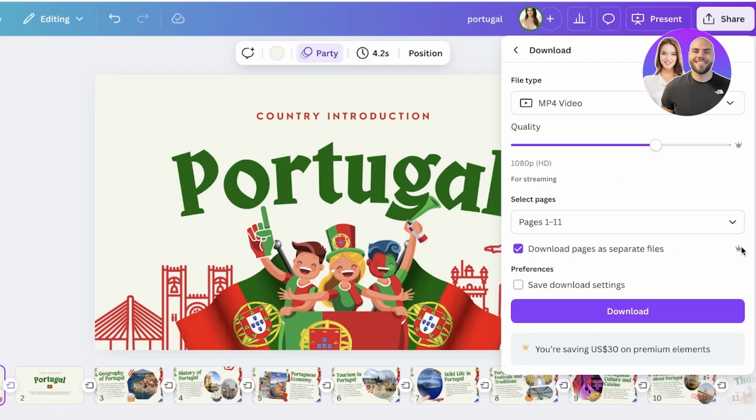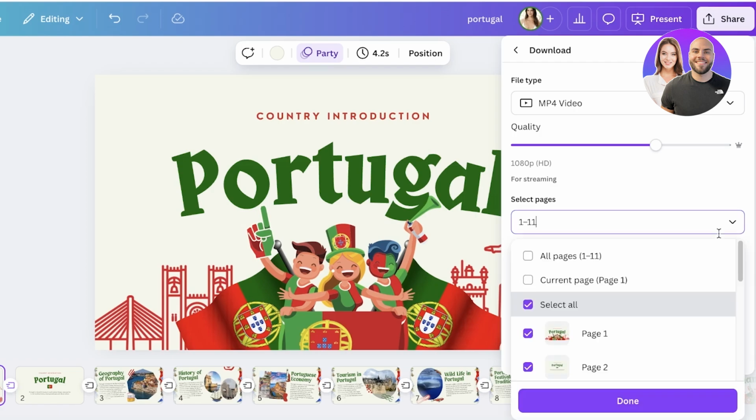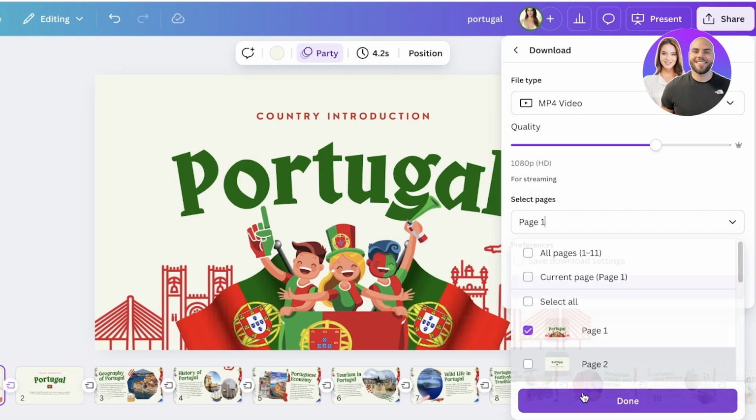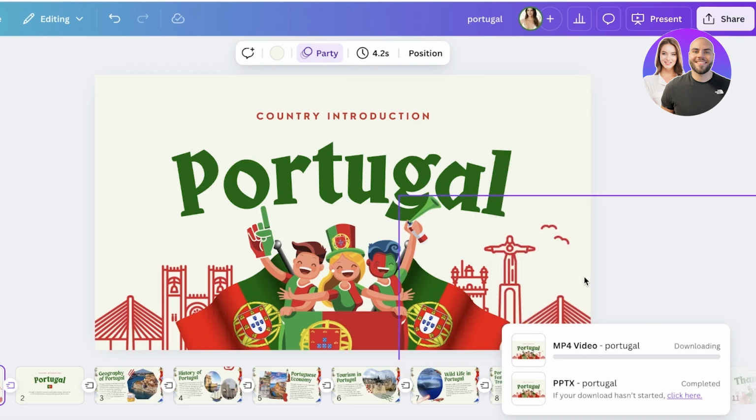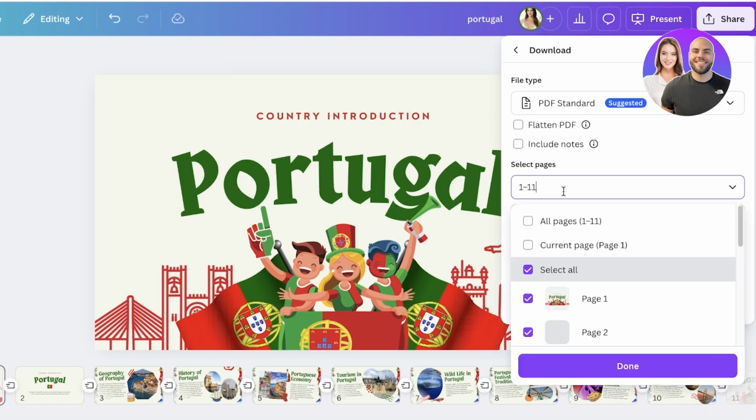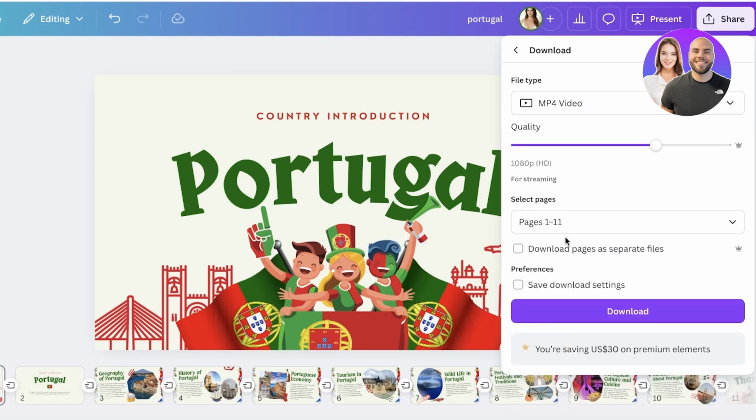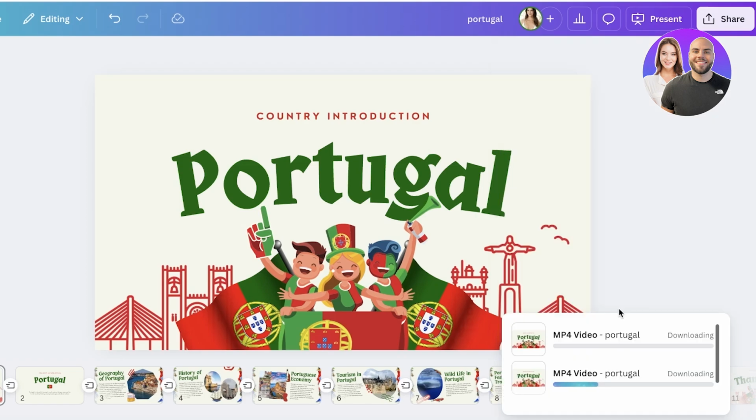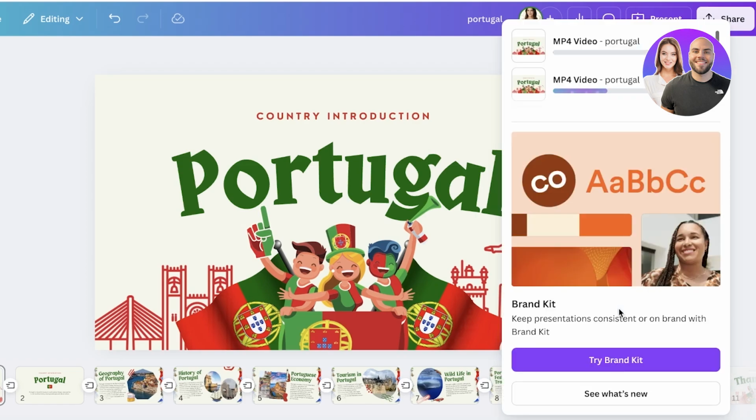If you have Canva Pro, you can do it and have every single page be downloaded as a separate MP4 file, and then it just allows you to add those pages directly into your PowerPoint. But if you don't have Canva Pro, then you're going to select page 1, then click on done, click on download. But because I have Canva Pro, I'm just going to click on download and then select my file type as MP4. Download everything as separate pages, and then click on download over here, and now my MP4 files